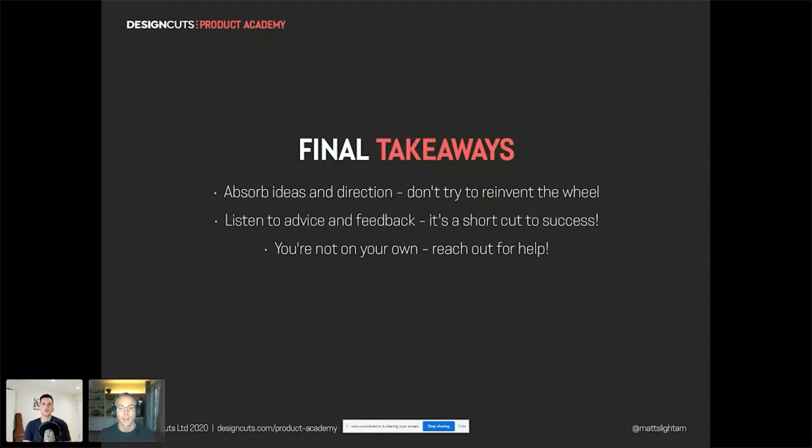If you don't take anything else away from this session, please take that away, because it's so important for any designer who's starting out to find that network of other designers. Don't be an island. If you're an island, it will take you so much longer to develop your design career than if you reach out and are part of a design community. I know we all want to hide behind our giant monitors. I know I do, but it's good to talk as well. You're not on your own. Reach out for help. Other designers have all been there, and they all want to help you out.